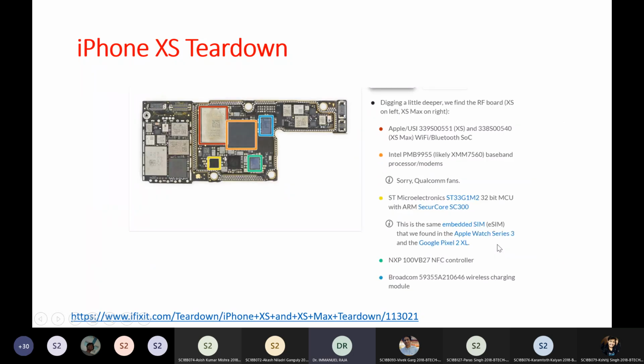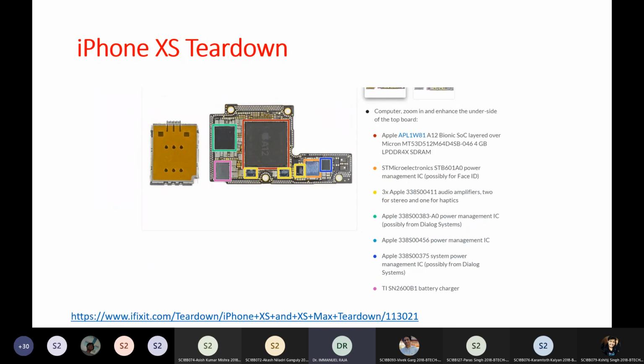So like that, all the digital stuff will pretty much work at around 1 volt or so. But some of these others, for example the audio amplifier, will have a higher supply, because it has to drive a speaker and things like that. So for each of the supply voltages, you will have a separate power management IC. Now, in addition, even if you take this Bionic SoC, which is like the heart of your iPhone,